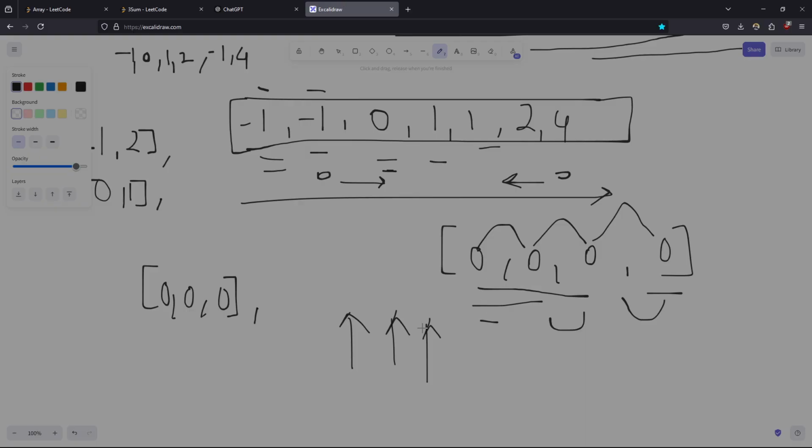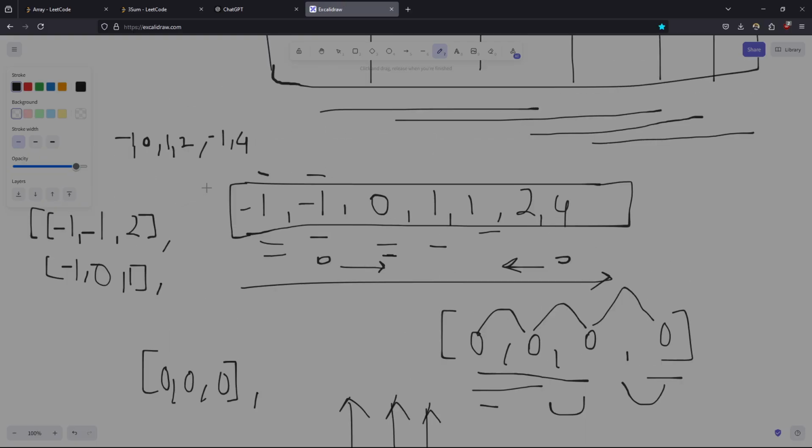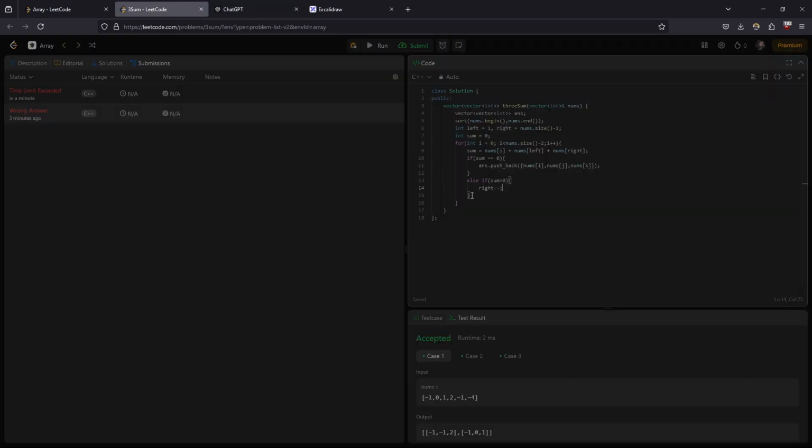As we know, in a sorted array, if we're adding minus 1 and 4, and the answer is not equal to 0, then we need to lower the index of the right side. Else if sum is less than 0,